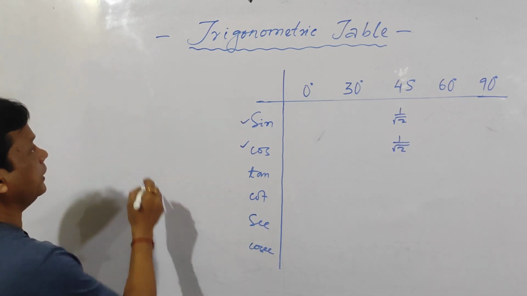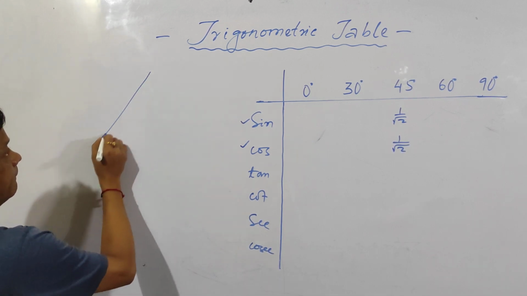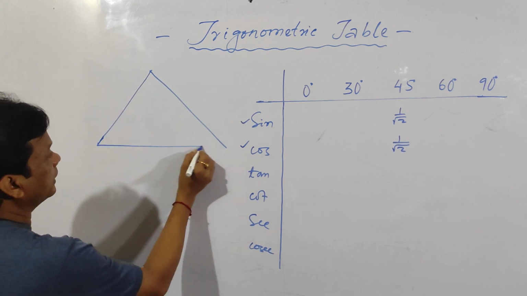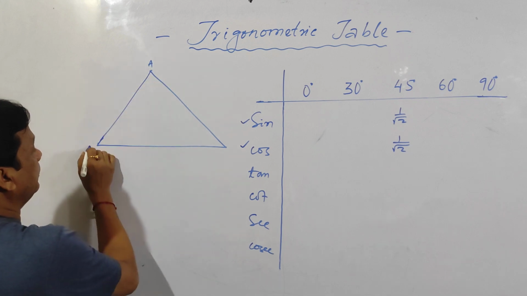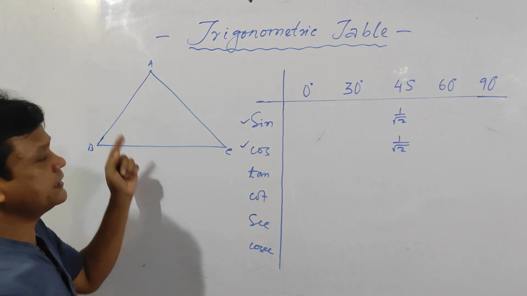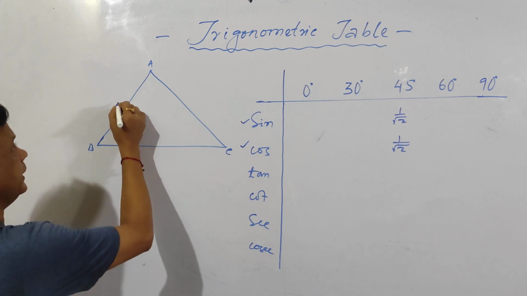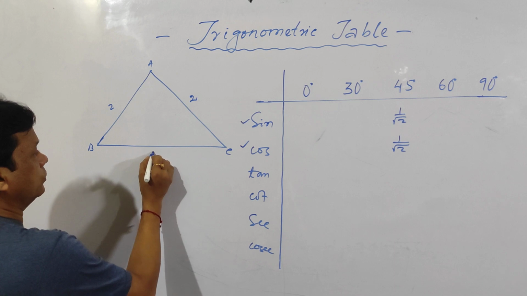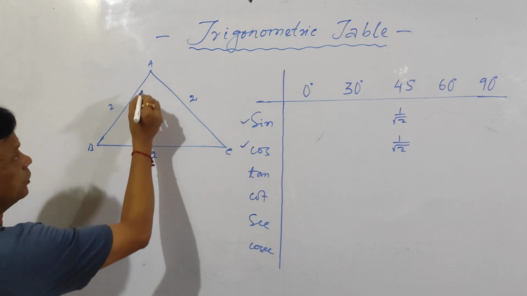How to find out the 30 degree and 60 degree? So let us consider an equilateral triangle ABC. An equilateral triangle means all the three sides are equal. So I am taking the three sides as 2 units. These are 2, these are 2, these are 2. 2 units each. And draw a perpendicular